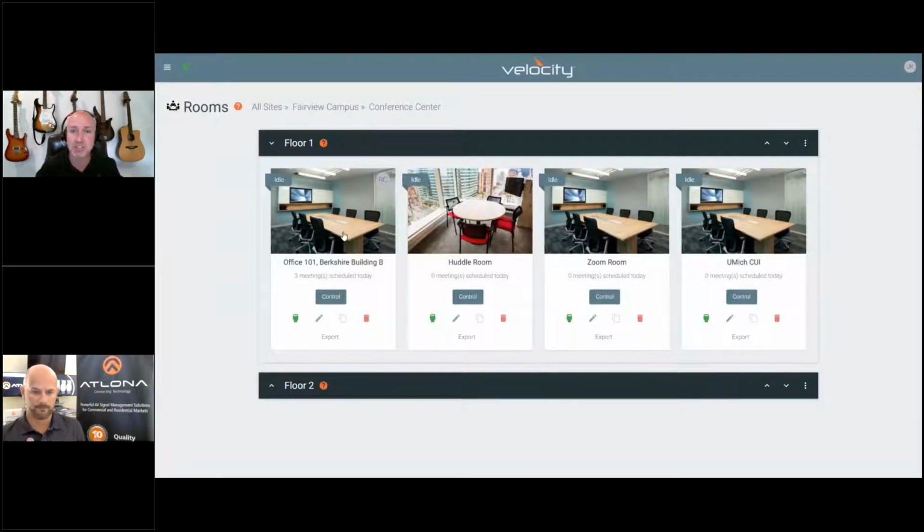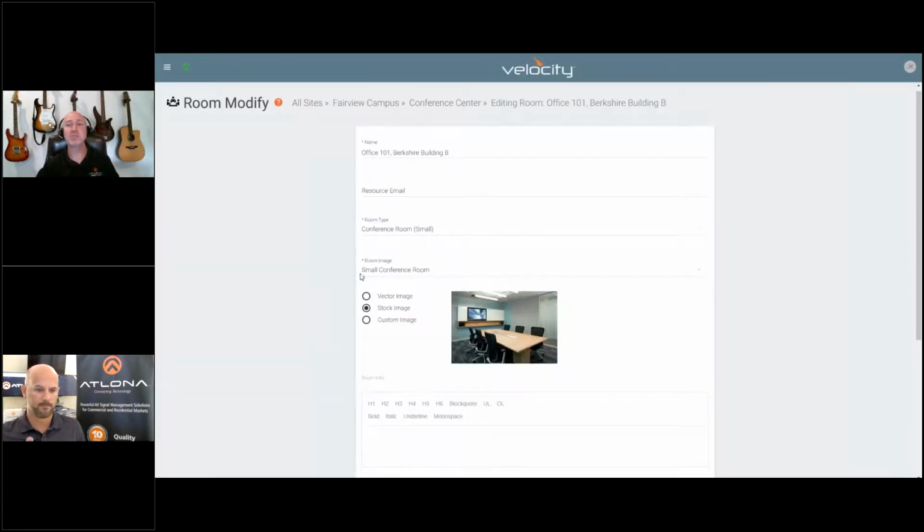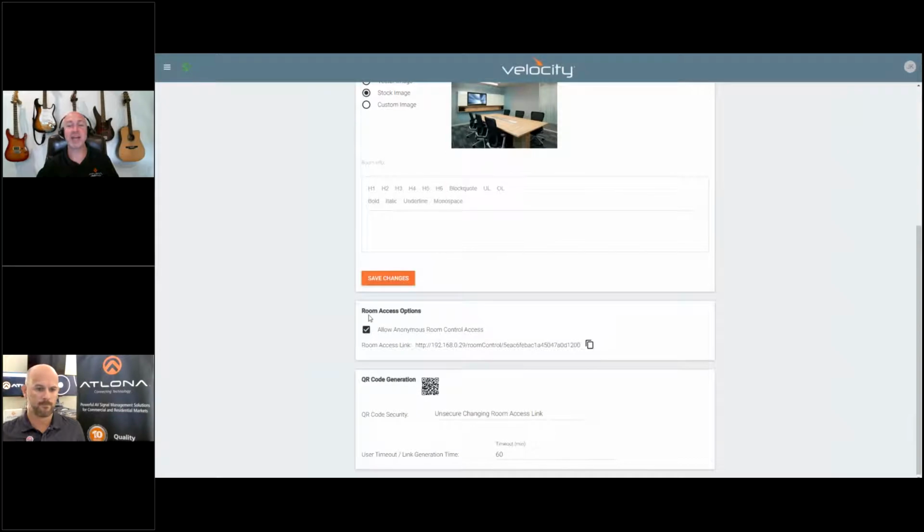And it's extremely simple. All you need to do is go into the room settings. And in this room settings, you'll notice that we've got the room access options, and I've got this enabled. What this means is that users can access control for this particular room. If I turn this off, even if I had a QR code, the users would not be able to access. So it's basically a security function that allows or enables or disables the user to be able to access the